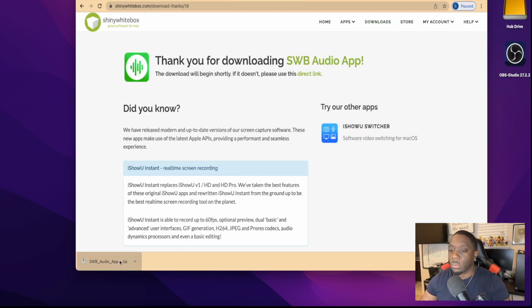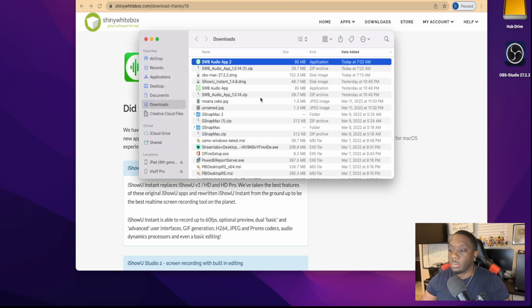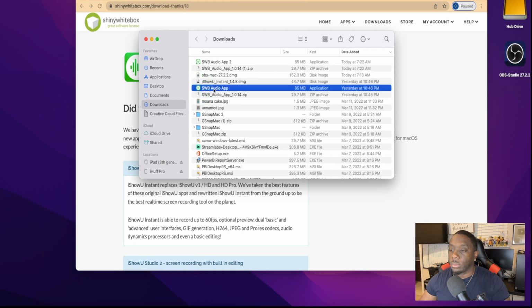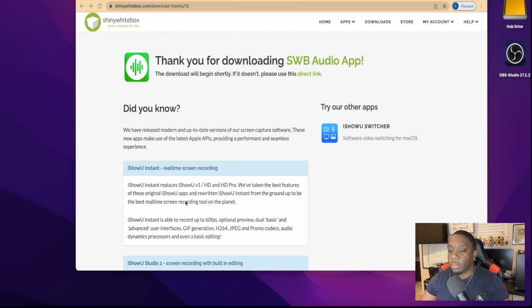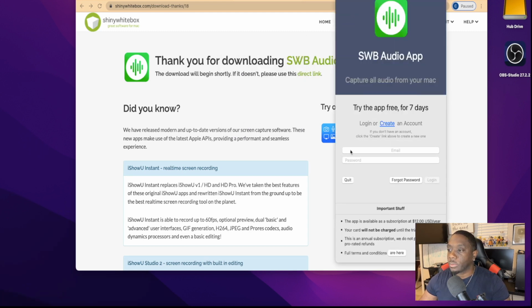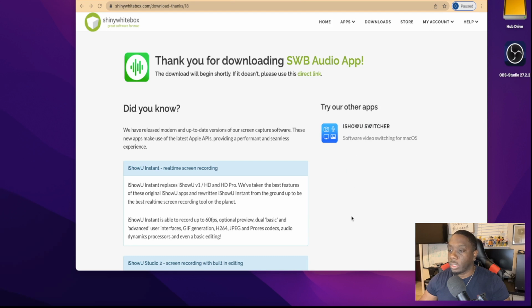Once you click on that, you're going to open it up, and I've already done it. So you're going to open up this app, and you just say, hey, move to that application folder. And it's going to ask you to pretty much start your free trial. And if this is something that you want to use, you go ahead and pay for the subscription or buy it outright. All right. So I've already done that.